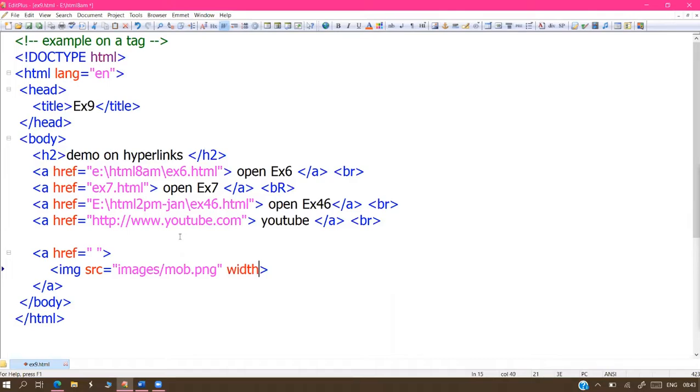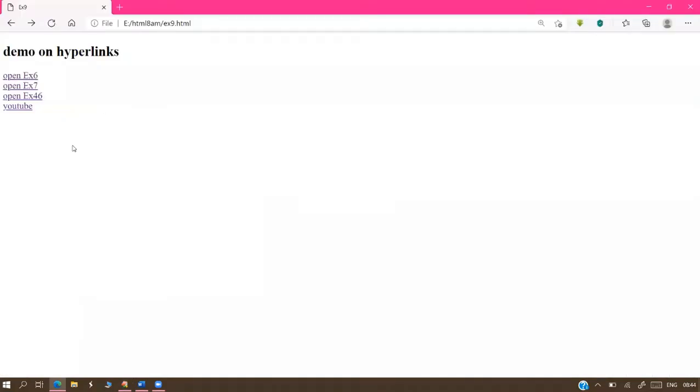So take a smaller width and height, 60 pixels. Now the image is displayed like this. When I click on this image, it calls some address. At the top of Flipkart, we get some small pictures. Now all of those are like these.